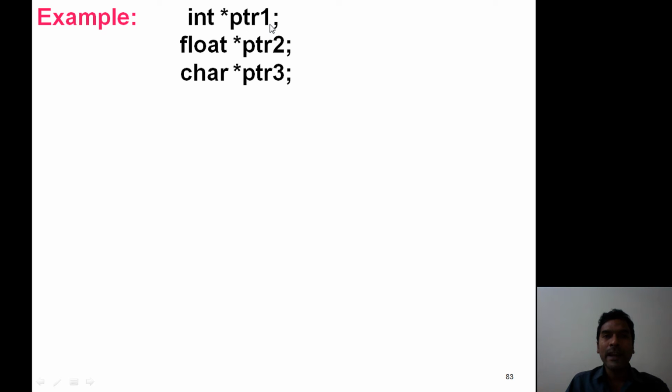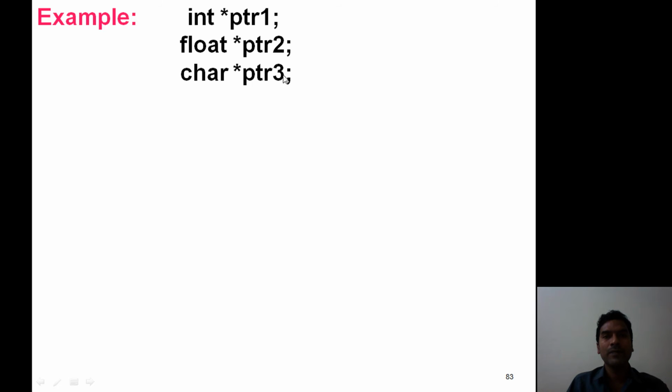Meaning ptr1 is a pointer variable that can point to integer data type variables. ptr2 is a pointer variable that can point to float data type variables. ptr3 is a pointer variable that can point to char data type variables.